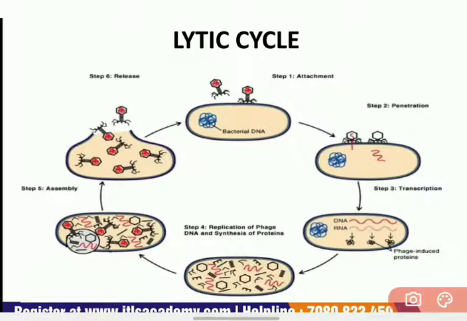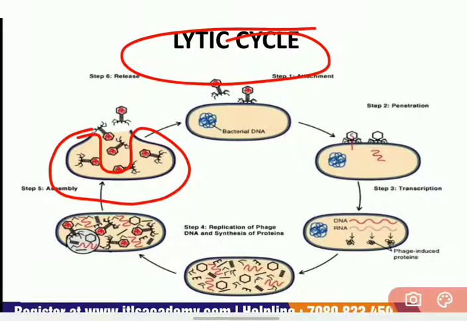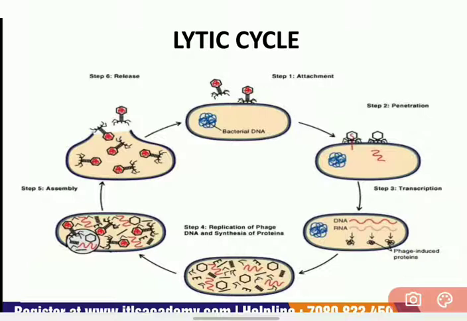After assembly, it is necessary to release these phage particles to cause pathogenicity. So, after the cell lysis, as the name of the phage indicates, that is lytic, here the lysis of the cell occurs. After the cell bursts, the release of phage particles into the environment occurs, and after release a new cycle starts, and these phages multiply themselves and form a mass of phages.